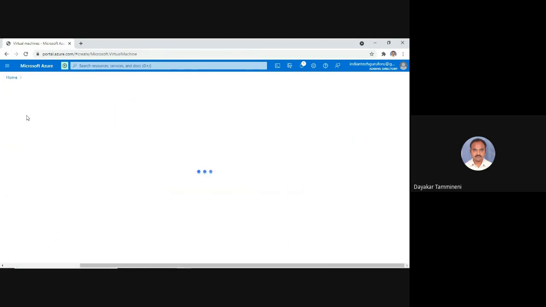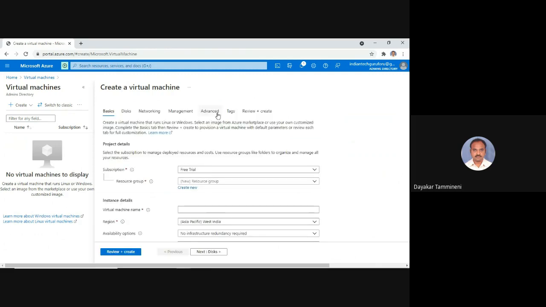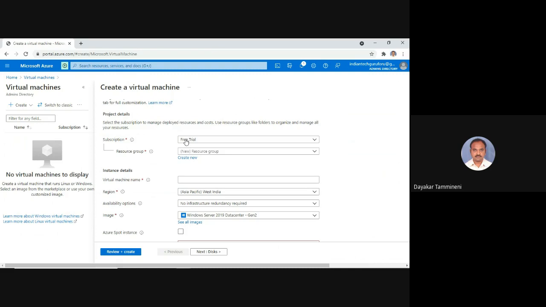Now we will see what details we are going to provide for the creation of the virtual machine. So here you can see the subscription is free trial. So each and every resource is linked to our subscription as well as a resource group. I have deleted the previous resource group.